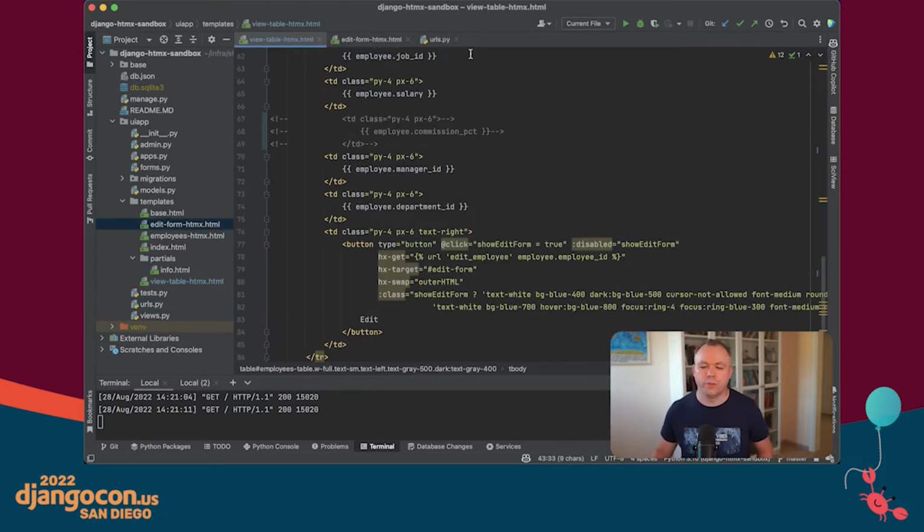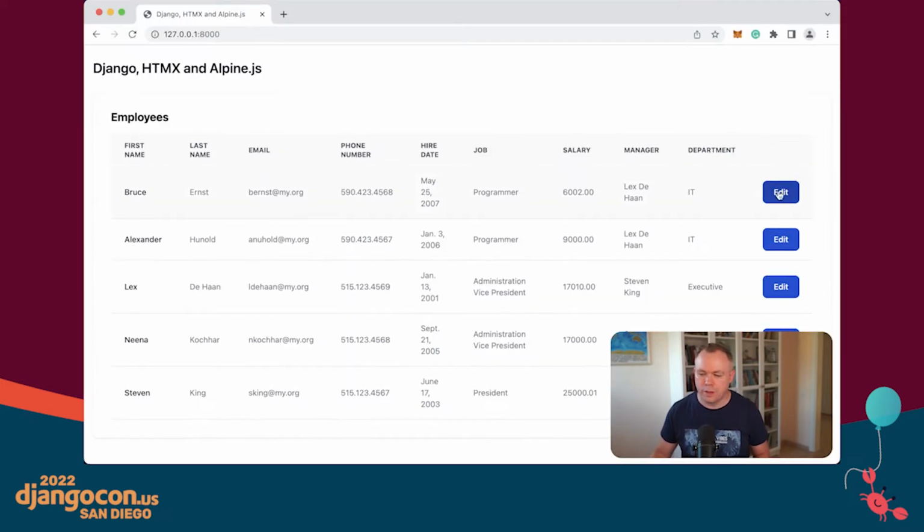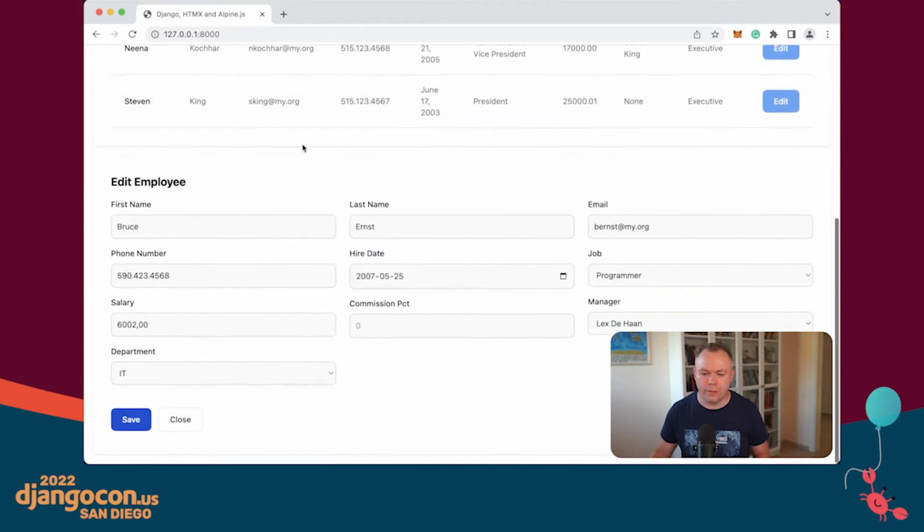Now we'll see how to implement HTMX get. So when we are hitting the edit button, this one, so we click edit, right, and we get back the edit form visible. Visibility is controlled by Alpine.js, and we are fetching employee data through an HTMX get request. So we are not copying data from the table, we are executing a separate request,